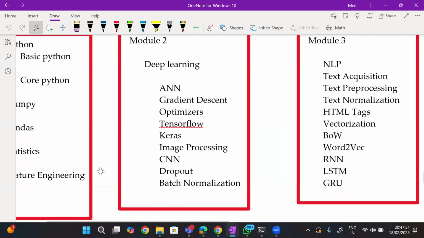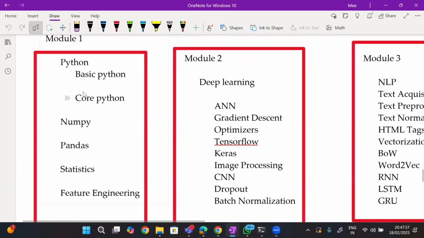Second, don't expect that we will go in depth into Python. As per our requirement from the data science or artificial intelligence perspective, we are going to learn Python. One more thing, guys: you will be provided with 170 Python videos where you can learn Python end to end.